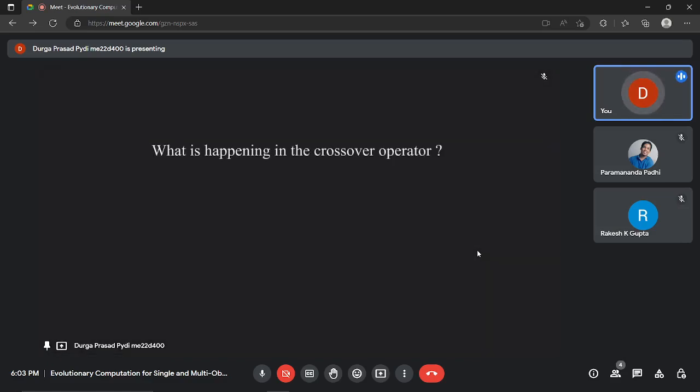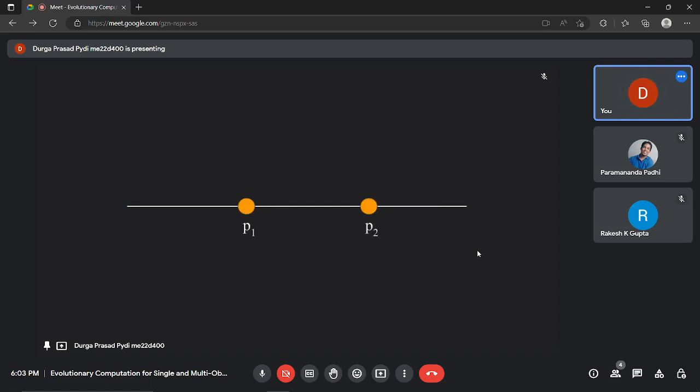But what exactly are we doing in a crossover operator? Let us understand that a little bit. Say I have one individual P1, and I have another individual P2 in my original domain. The first step is basically to select the midpoint, somewhere in between P1 and P2, like half of P1 plus P2. Once the midpoint is selected,